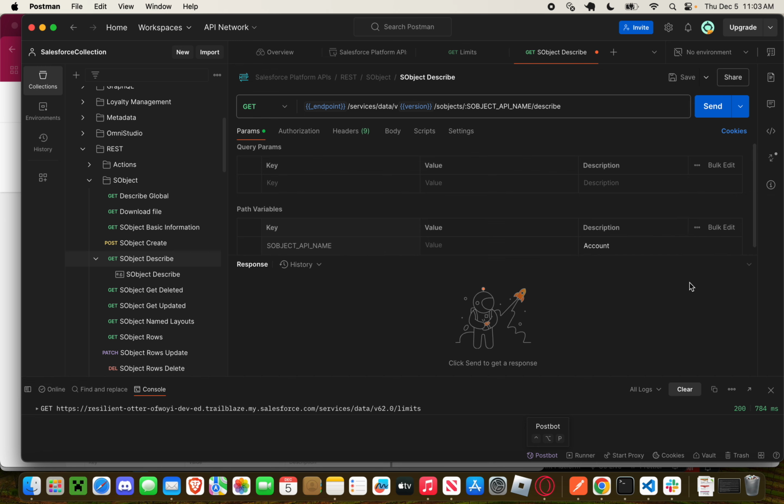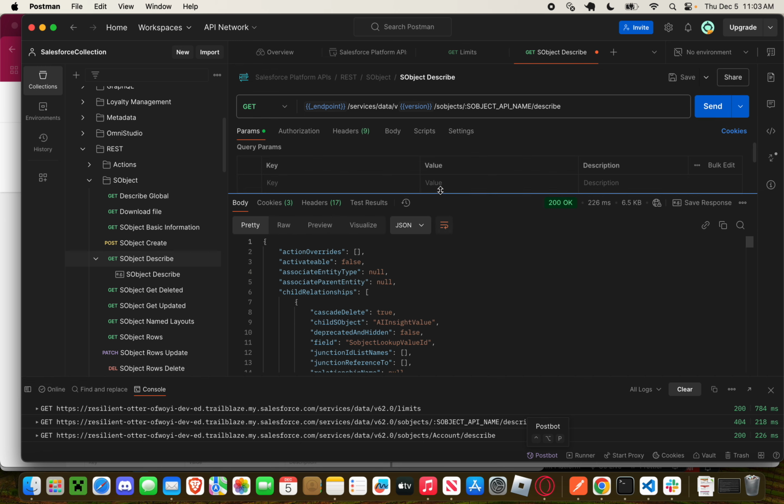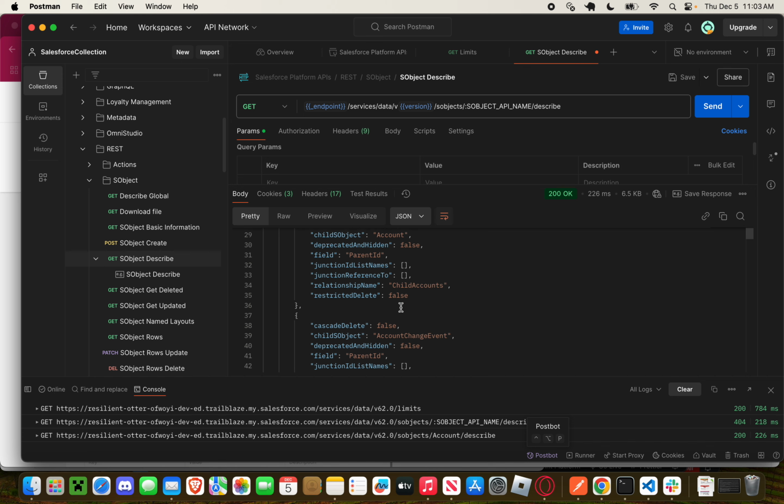Let's hit send here, because the value has to be account. Yeah, so we do get the metadata